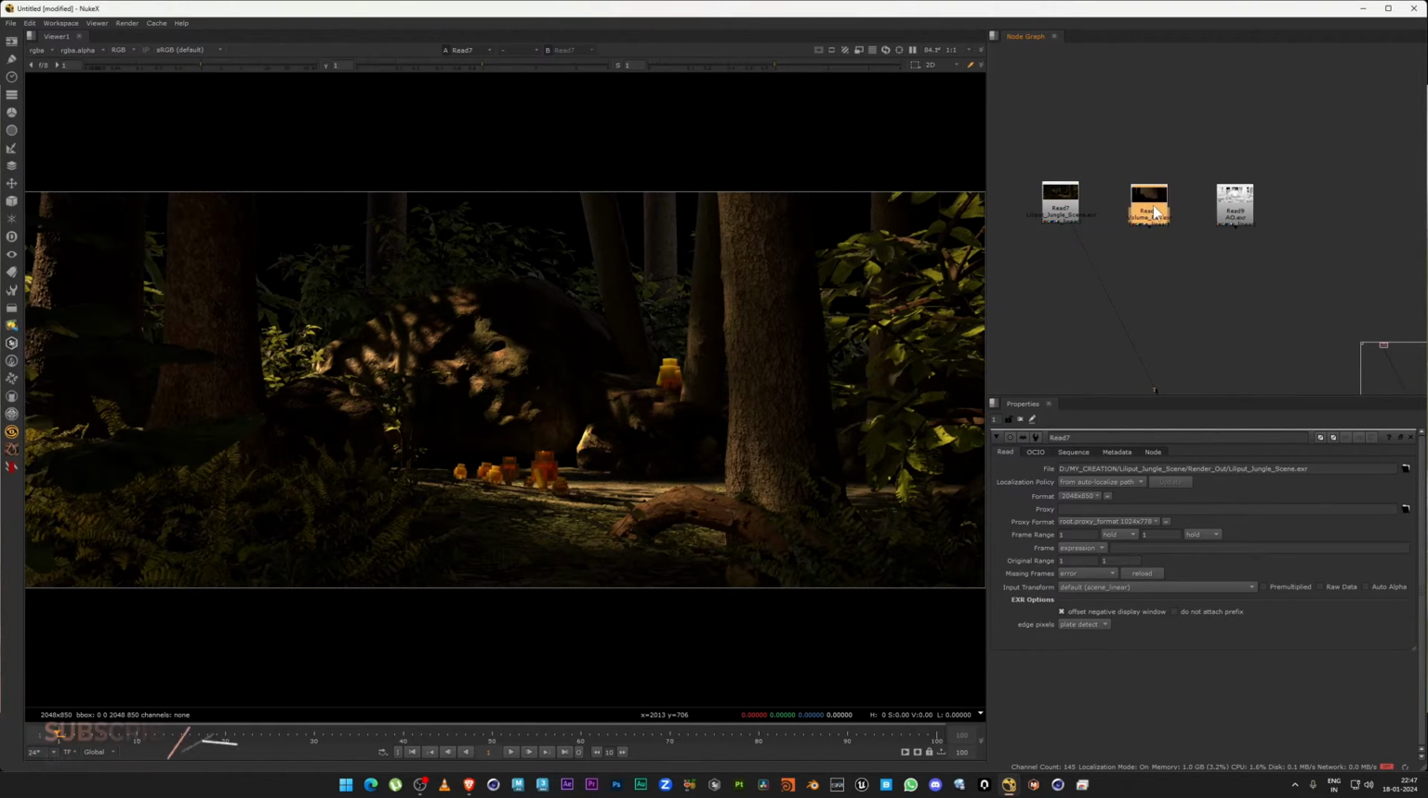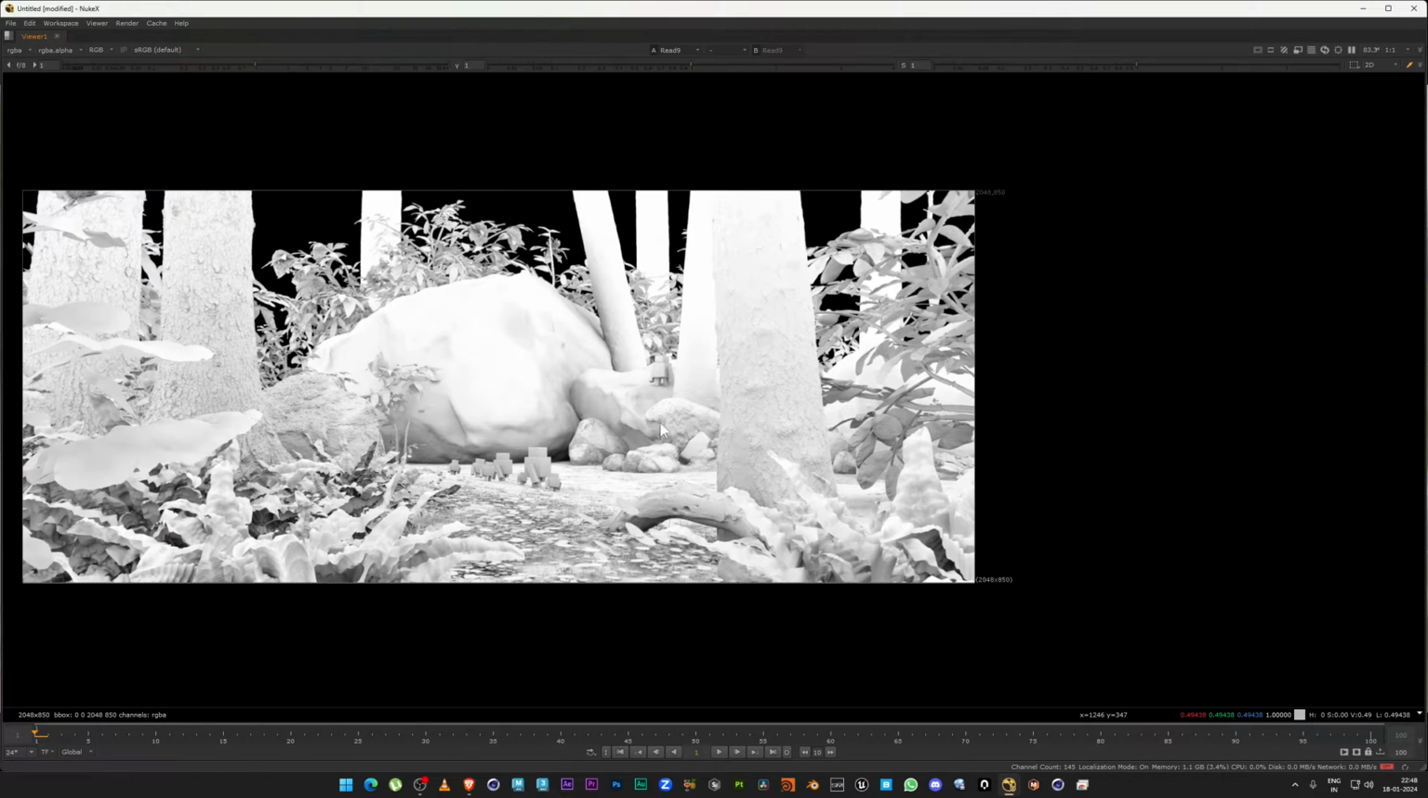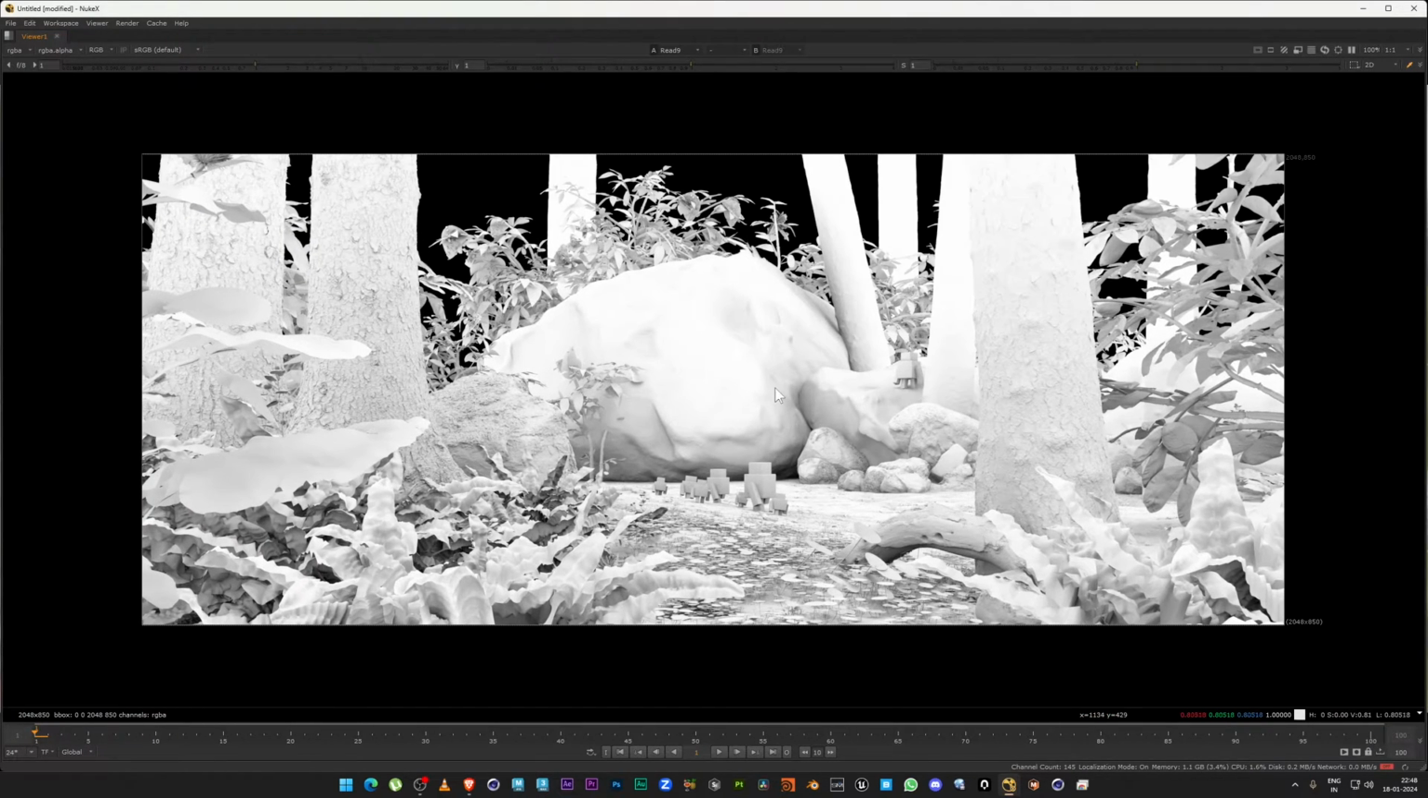So the first thing you can see, one is called beauty, and another one is called occlusion. So let's start with this particular pass to explain it. So let's say, what is occlusion? Occlusion is basically a shadow system, but it is very different from the normal shadow passes,